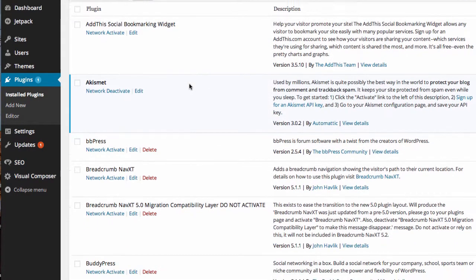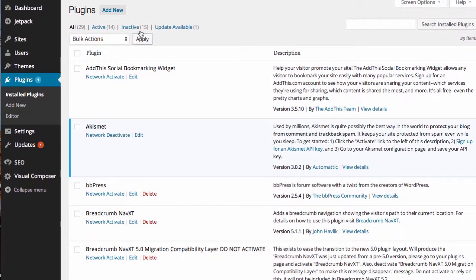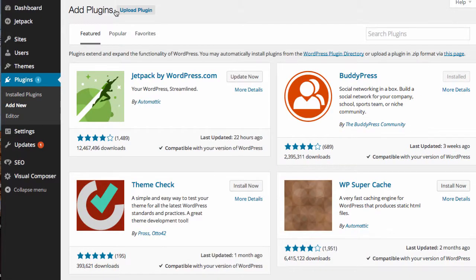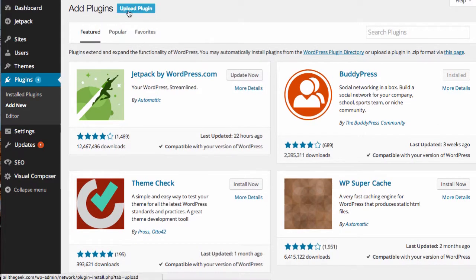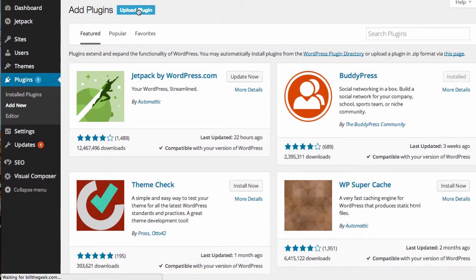I'm going to review plugins that you really want. But the reason I came in here was, once you download a plugin to install it, you just go into plugins and click add new. It's very simple. So I'm going to click the add new button. And then once I click add new, it might say upload plugin. And if I click upload plugin,